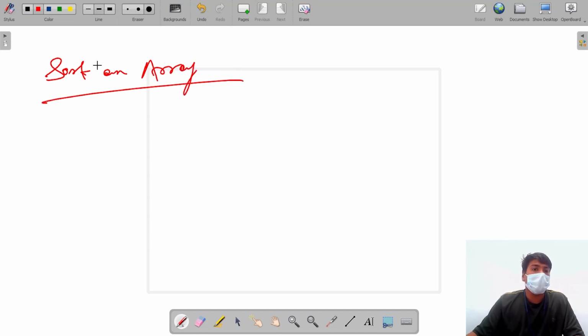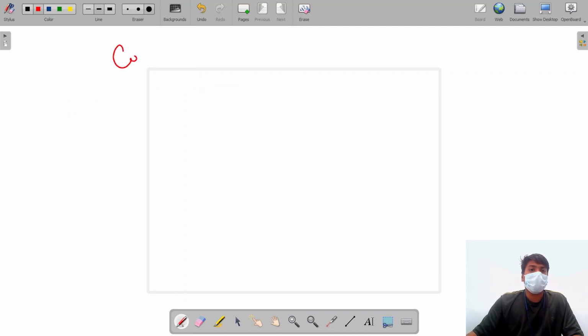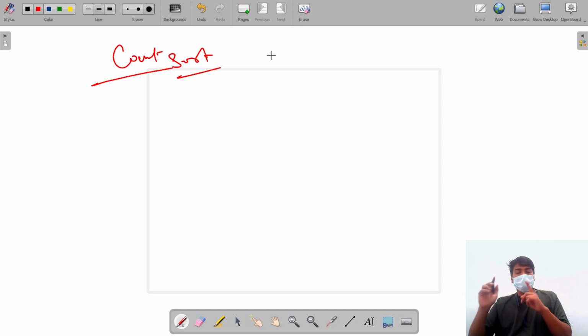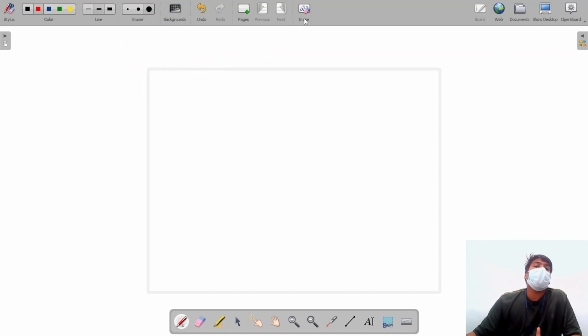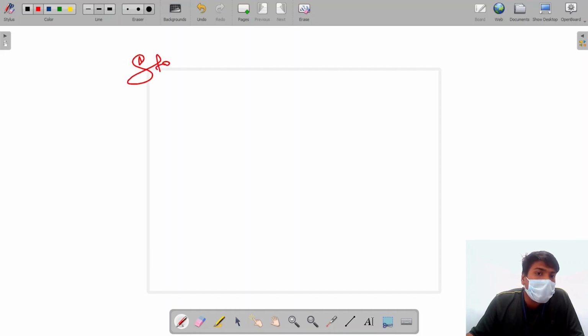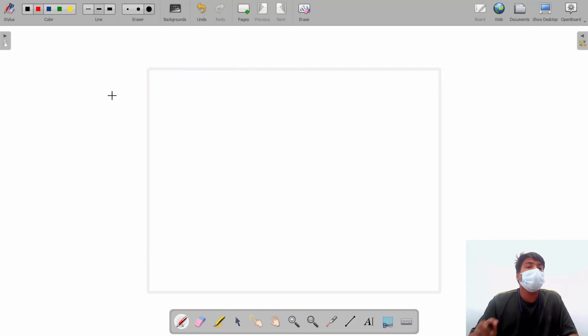We are going to sort an array using radix sort, and this time we are going to use count sort again. If you have not watched the video of count sort, I request you to kindly watch it first, because we'll not be talking about count sort in detail here. Please visit the count sort video and understand the stability concept from there, that is how count sort is stable. Here we are going to use the stability of count sort to do this radix sort.